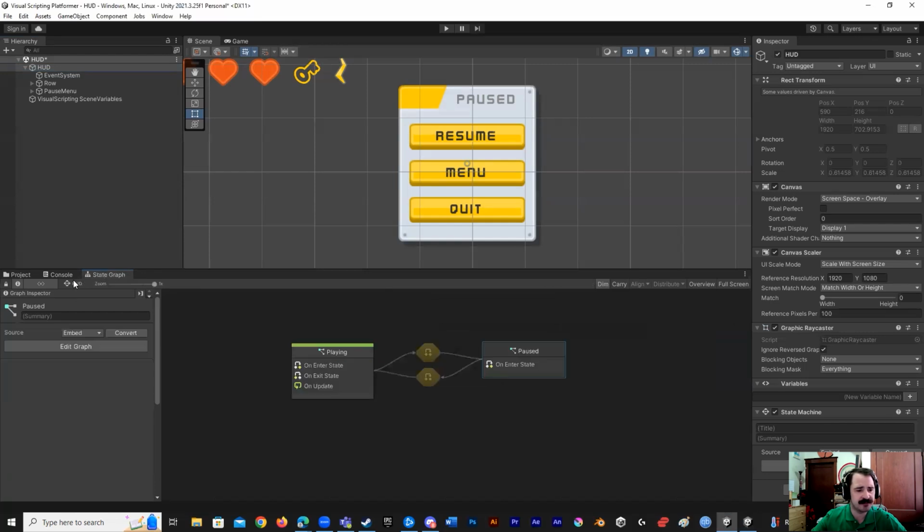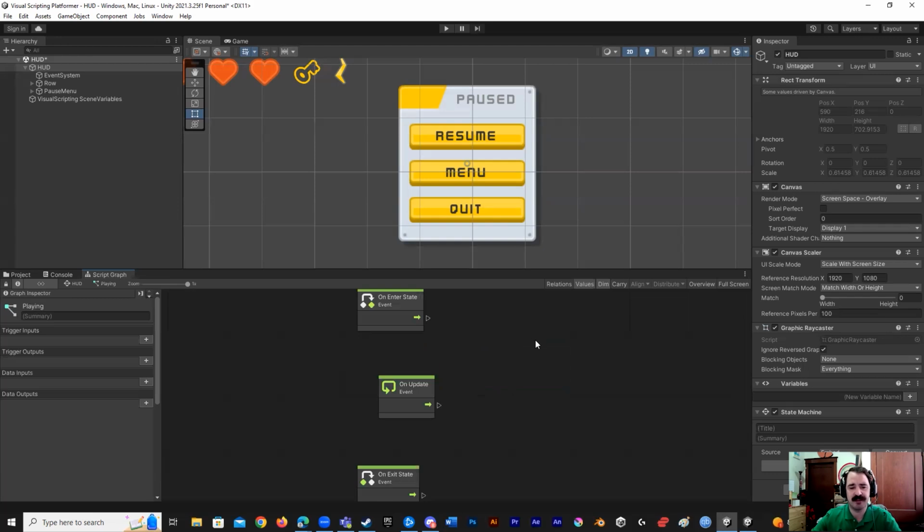Now I can go back, and now we can set up our playing state. If you'll notice in the pause state, we only have the on enter state. Remember, we deleted the on exit and on update. So we're going to do something similar with playing. I'm going to open up playing. I'm going to delete these two nodes, so on update and on exit state. I'm going to keep my on enter state,